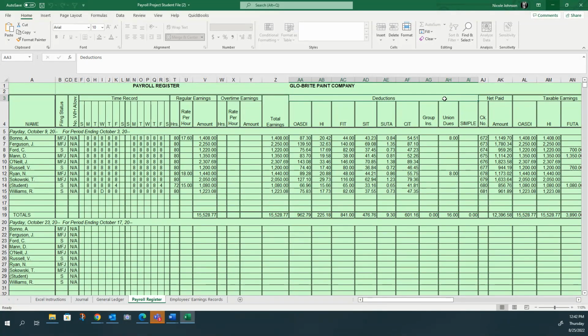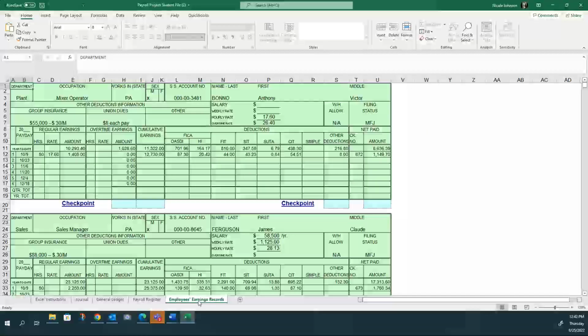Next up, we're going to be looking at deductions. The first deduction is OASDI. Figure 7.3 in your book gives us the OASDI rate for the employee portion of 0.062 on the first $142,800. In this spreadsheet, if you click on the Employee Earnings Records tab, there's going to be a record for